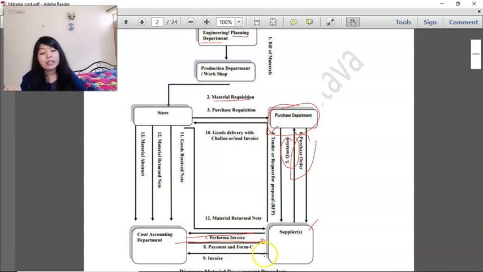Again the supplier is going to issue the final invoice in which the final amount and all the settlement things will be mentioned. And then this cost accounting department, then store will issue the,